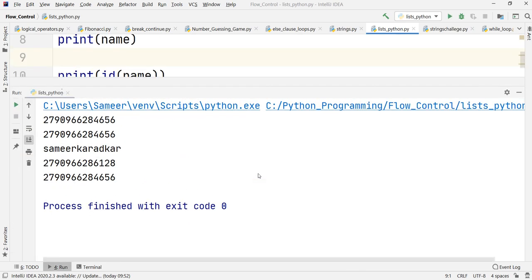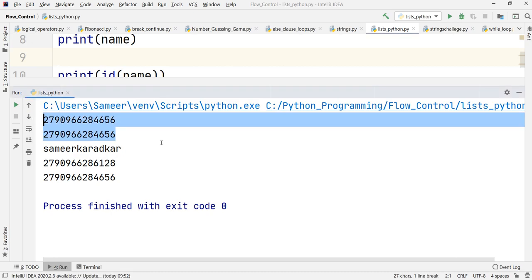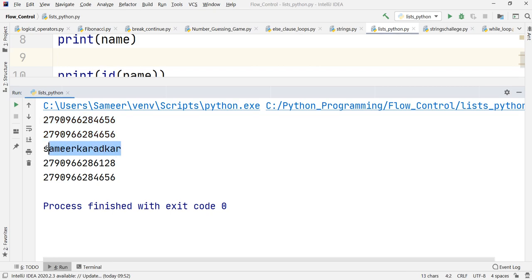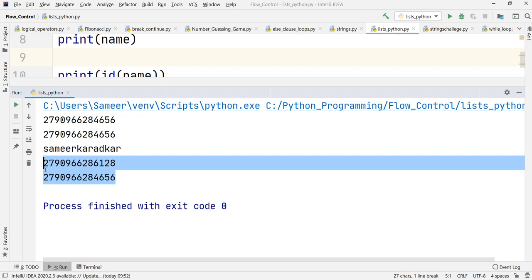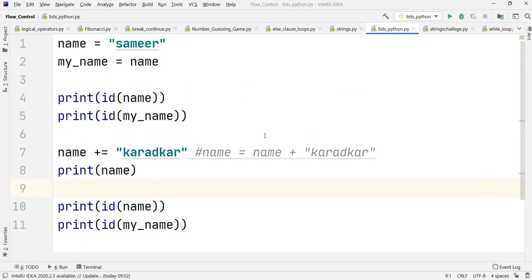As you can observe, these were the earlier IDs of our string, which were the same. But as soon as I made some change, both the IDs are completely different. How come this is happening? Even though we have written this line of code over there, this is the thing with immutability. An immutable object means this string cannot be modified or updated by Python.